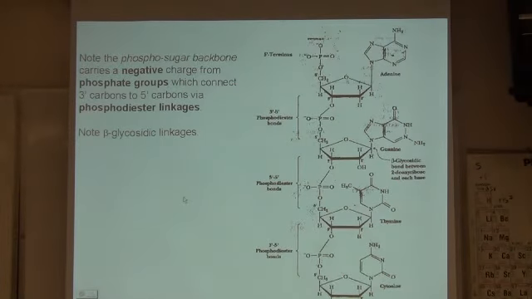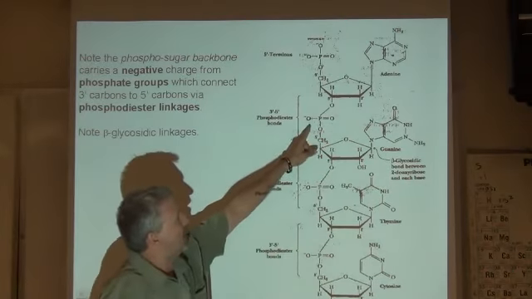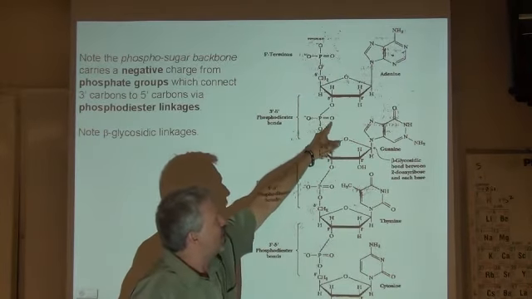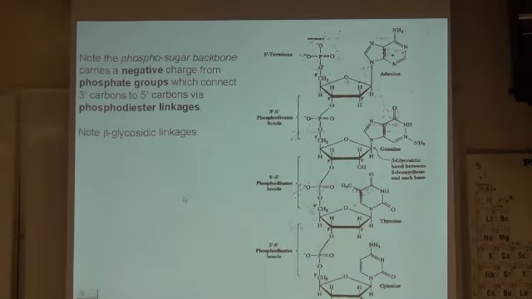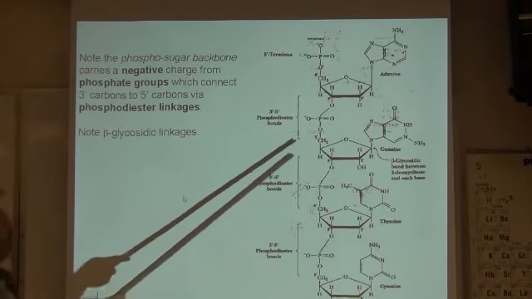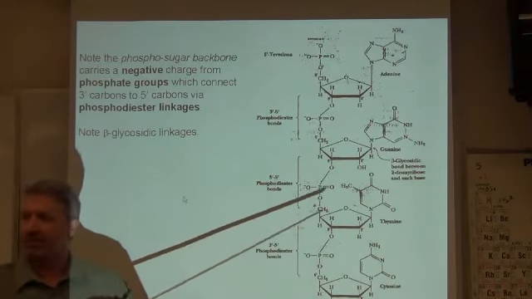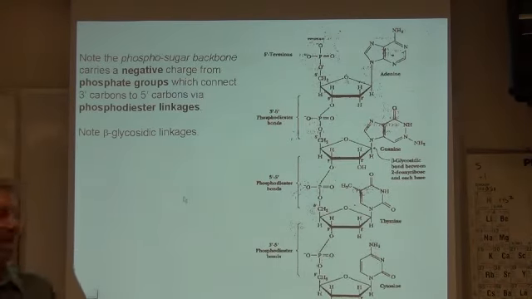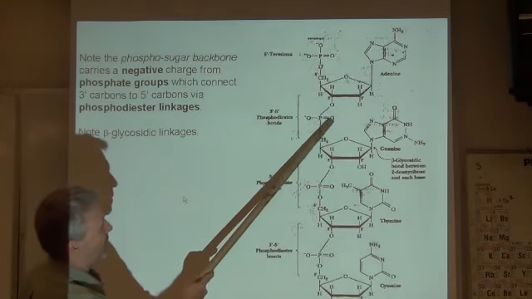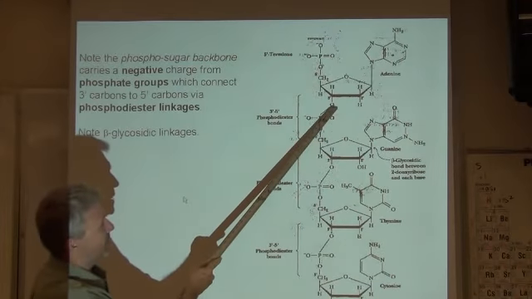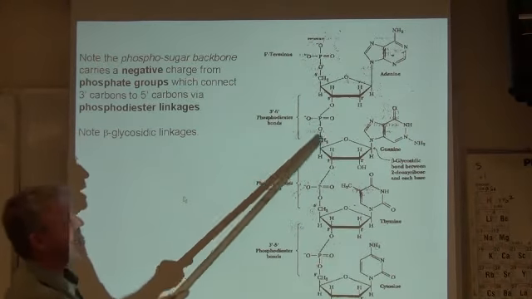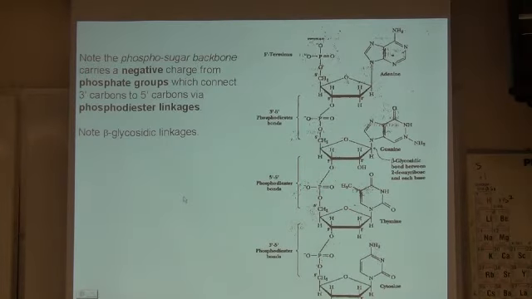phosphodiester linkage. Now, remember what an ester looked like in organic chemistry. We had a C double bond O, single bond to an O. That's our ester linkage, remember? C double bond O, single bond O. This is an inorganic ester because it doesn't have carbon in the center. It has phosphorus. And you see phosphorus, double bond O, and then single bond O. That's one ester linkage. And then it's got a single bond O on the other side. That's where the diester comes from. It's the phosphodiester linkage.